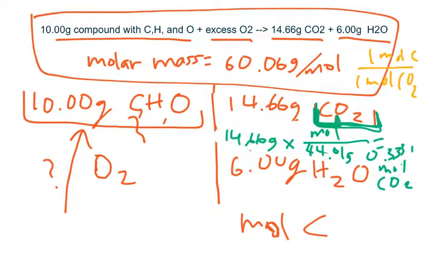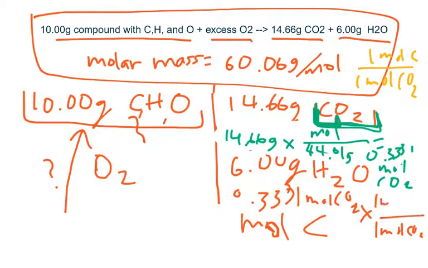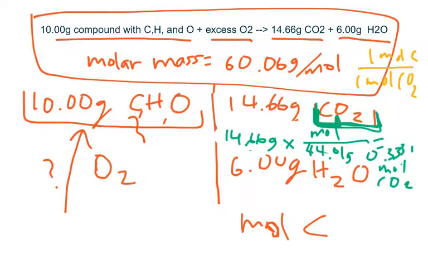So we can multiply this conversion factor by this number to get the moles of carbon. So we could do that, I guess down here somewhere. We'll do it down here. 0.3331 moles of carbon dioxide times 1 mole of carbon per 1 mole of carbon dioxide. And when you multiply a number by 1, you get the same answer. So our answer for this problem is going to be, let me undo all of that first. It's going to be